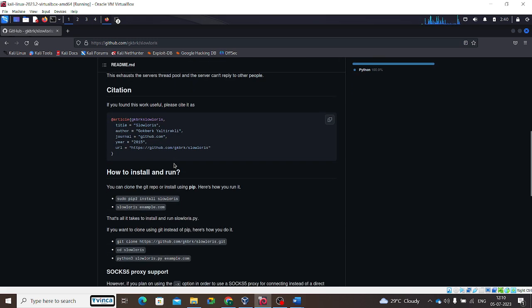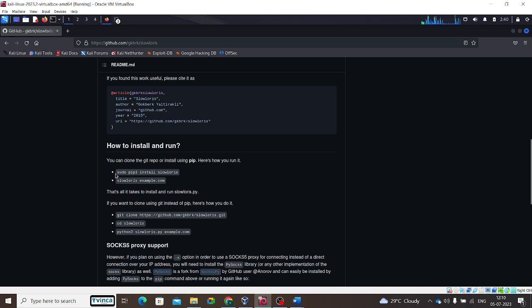Right, that's all. How to install it? Here, look at two methods. First is what I showed you, using pip3 install slurry, and then another is slurry and your target. So this is for installing and this is for executing. Don't do pip3 every time. Once it is installed, it's done. Next time you can only do slurry example.com and done.